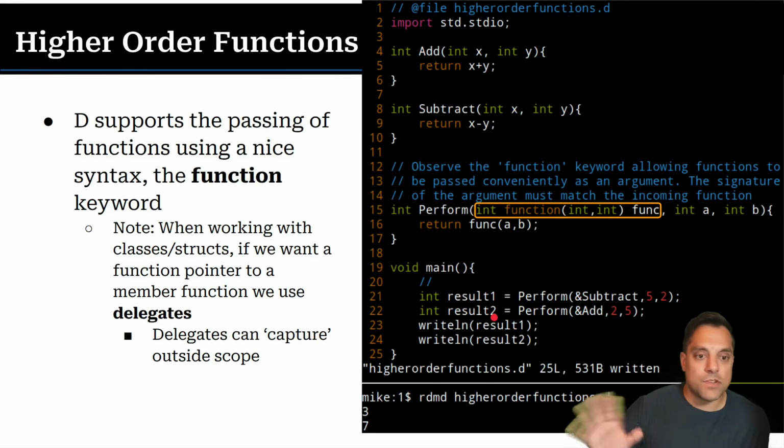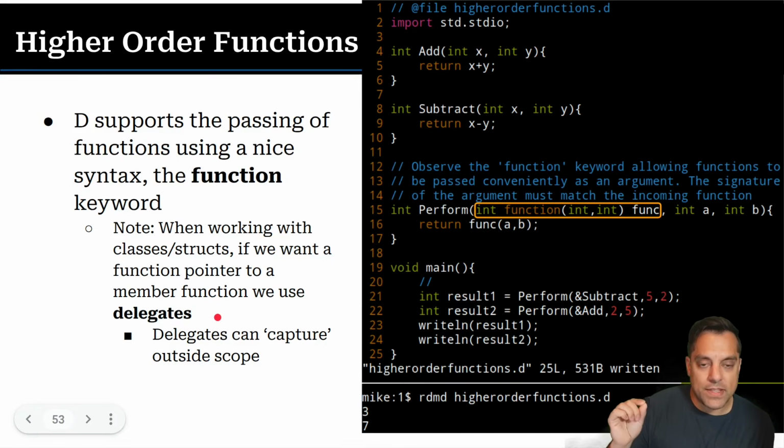Not trying to make this a programming language course here, but here are add and subtract functions, and I have this operation perform, which takes in a function pointer. In D, you just use the keyword function instead of the pointer syntax like you would in C. And it can take in any function that returns an integer and has two parameters, like add or subtract, and it's just referred to within this function as func. So it's just going to perform the addition or the subtraction as shown here. That's kind of nice. And then all of a sudden I can just, as a user, make different function calls here and change the behavior by the function I'm passing in. So that's what we mean by higher order functions.